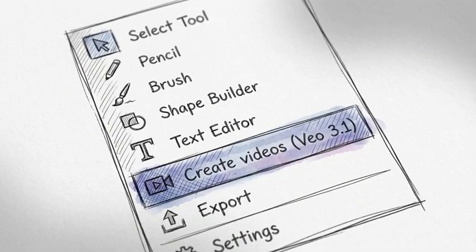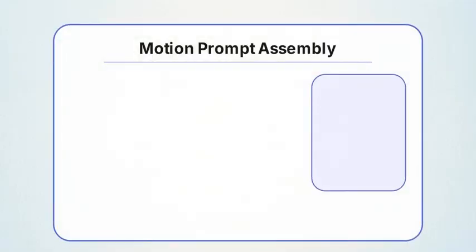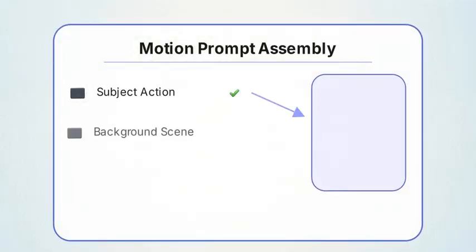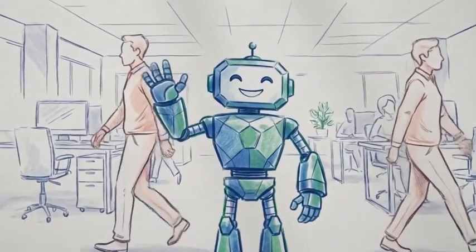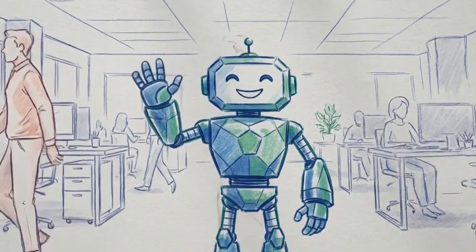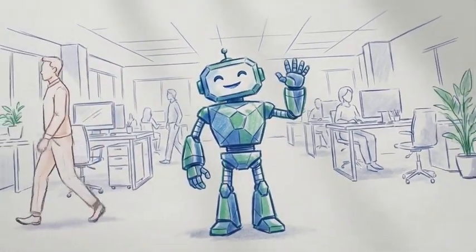Navigate to the Tools menu and open the Veo 3.1 workspace. Veo 3.1 is designed to create high-quality motion graphics from text and image inputs. Attach the locally saved static image into the Veo workspace. Define the motion prompt by specifying the subject action, the background scene, and the intended distribution channel. The static generated image instantly becomes a dynamic, fluid motion graphic, driven entirely by the specific details defined in your